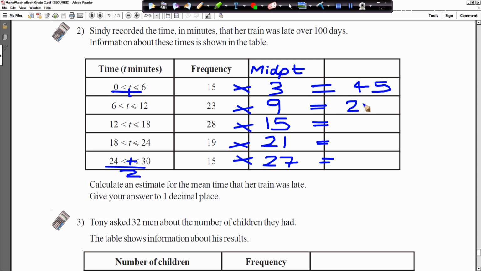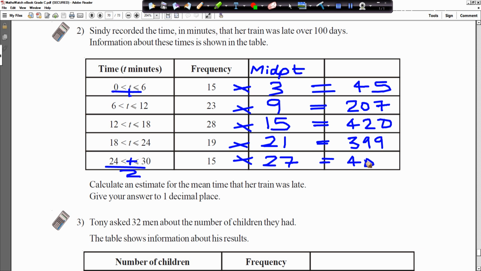28 times 15 is equal to 420. 19 times 21 is equal to 399. Come on, folks, let's use the calculator. So 15 times 27 is